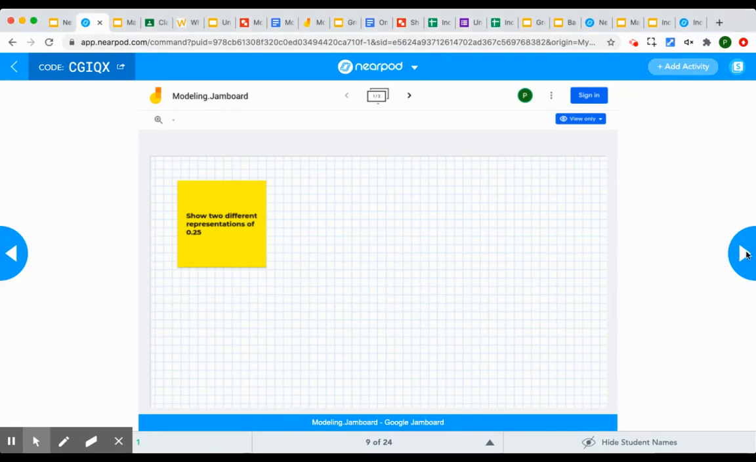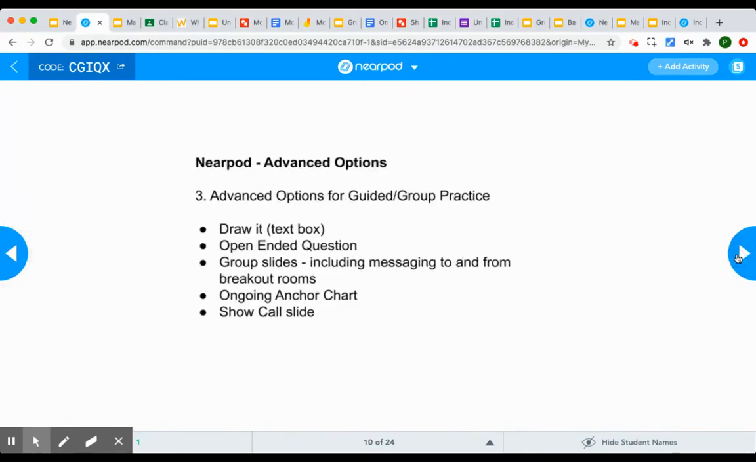And then, like I said, when I move forward from that, that pop-up that they saw on their end, on the kids' end, will go away. So those were some of our options for modeling. We can embed a Google Draw. We can embed a Google slide, a Google